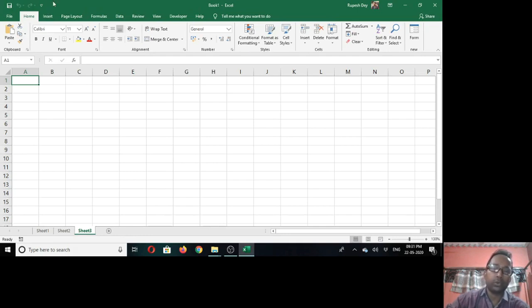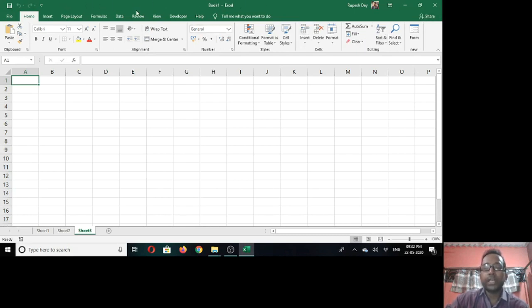At the left hand side of the title bar, you will find one small toolbar which is called the Quick Access Toolbar. It contains a number of buttons that are frequently used in the application to perform different tasks like save, undo, redo. You can add more buttons also based on your need. And at the right hand side of the title bar, you will find some buttons. This is the close button to close the application. This is the restore down or maximize button. This one is the minimize button to minimize the window in the taskbar. And this button is called the ribbon display option, which helps us to hide or show the ribbon.